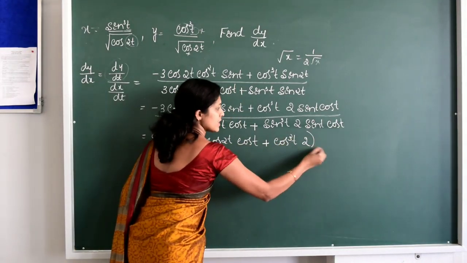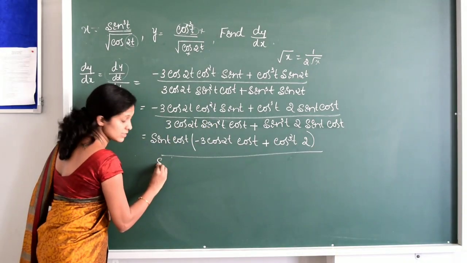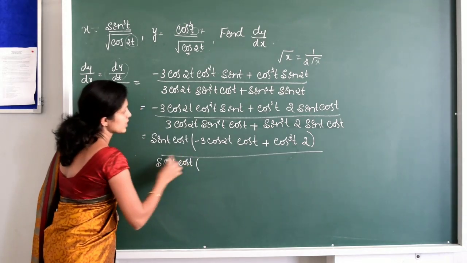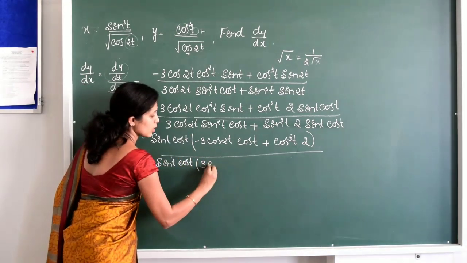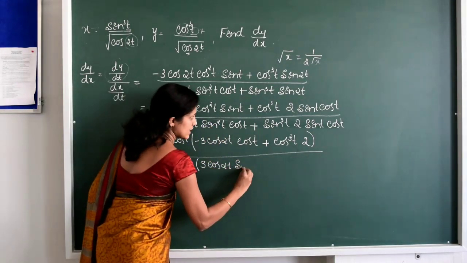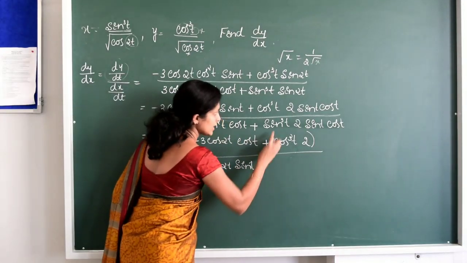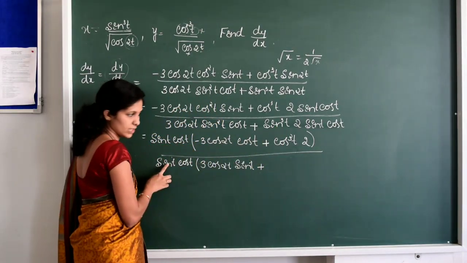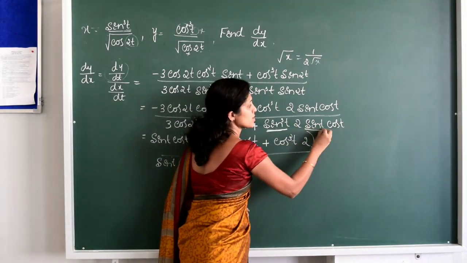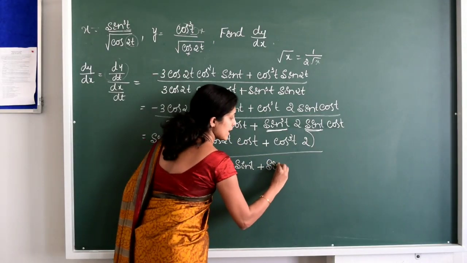Is it clear? This is whole divided by, so now here 3 into, here also we will take sin t and cos t, so sin t into cos t. What is remaining here, 3 into cos 2t, one sin is out, so one sin t is remaining, and here cos t is here, plus sin cube t is there, right? Here we have taken one sin t, so remaining here sin square t and one more sin t is there, so sin square into sin will be sin cube t. Is it clear? Directly I have written here.